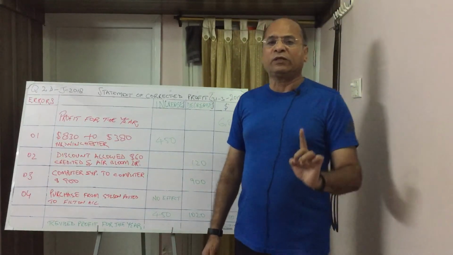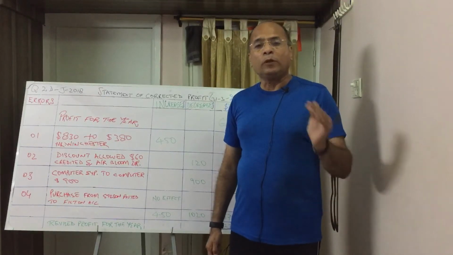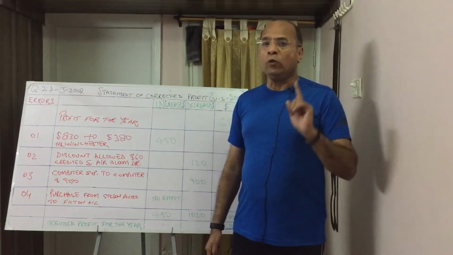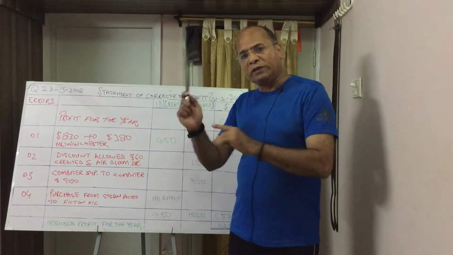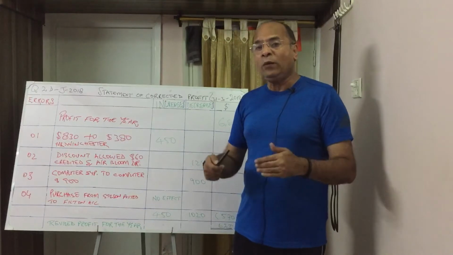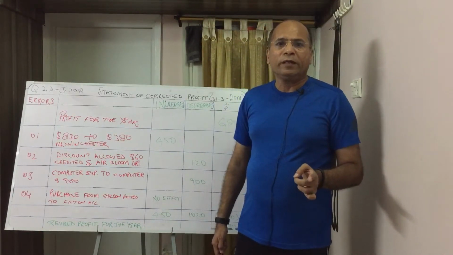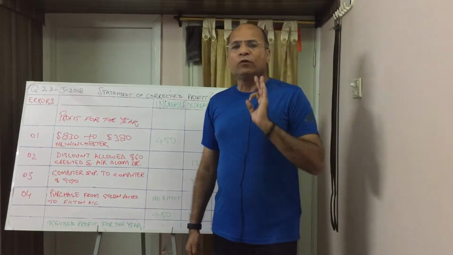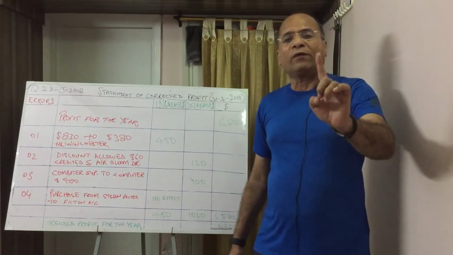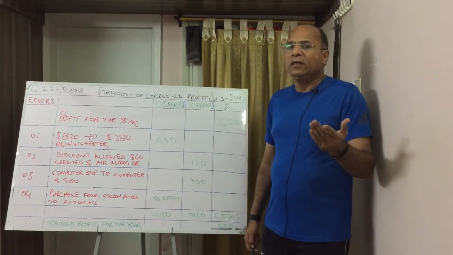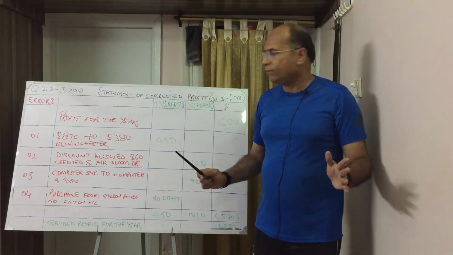In periodic inventory system, we just record the entry for the sales. But in perpetual inventory system, we always make 2 entries. One at the time of sale, which is account receivable debit and sales credit. And the second one is cost of goods sold debit and inventory credit. In periodic inventory system, we do not make 2 entries, but we just make 1 entry for recording the sales. But in this question, we are not supposed to touch the cost at all.